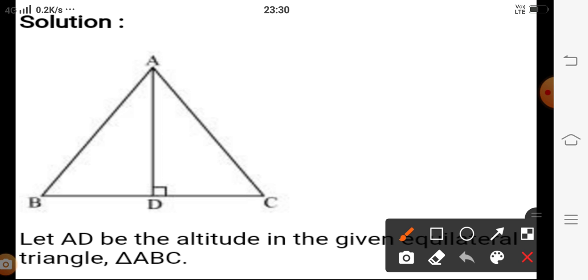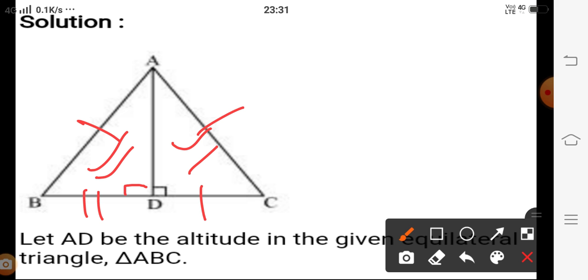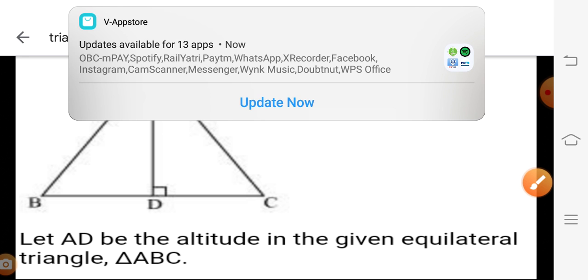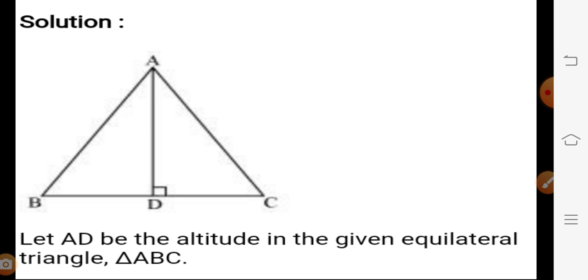If you are considering a triangle ABC and AD is the altitude, in this all these corresponding sides are equal, then in an equilateral triangle, if you are plotting a perpendicular, we are able to show these two triangles congruent. And if these two triangles are congruent, then we are able to write BD is equal to CD. If BD is equal to CD, it means that AD is the perpendicular bisector. Then in an equilateral triangle, if you are plotting any altitude, then that altitude is perpendicular bisector for the given triangle.